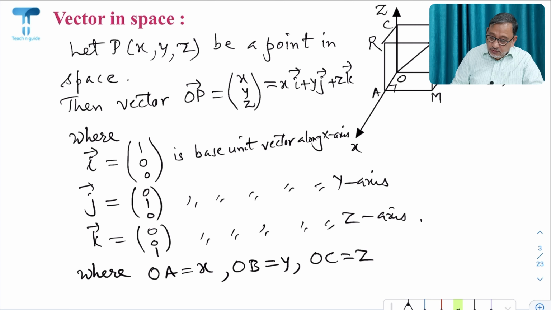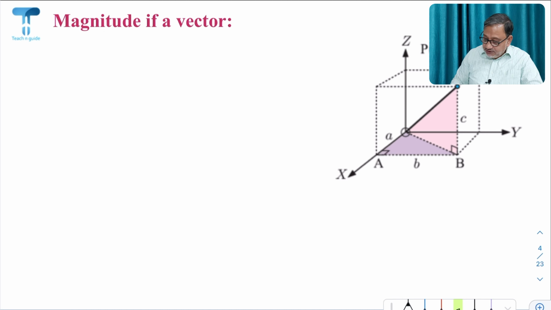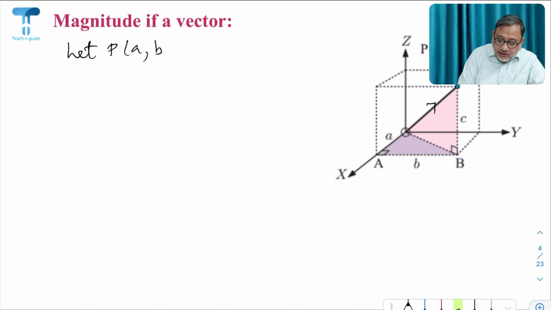Okay, then now let us find the magnitude in space. Okay, magnitude of a vector in space. Let P(a, b, c) be a point, then the vector OP will be given by, we have already learned how to represent OP, right? Okay, so let us write this vector. So let P(a, b, c) be a point in space,